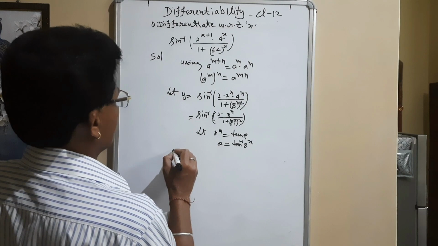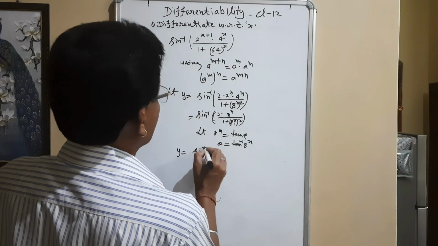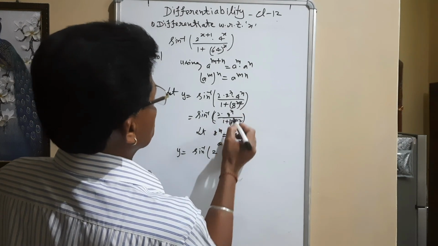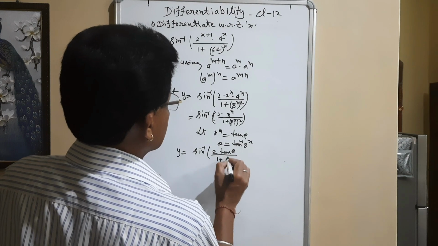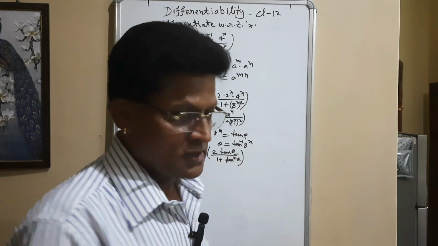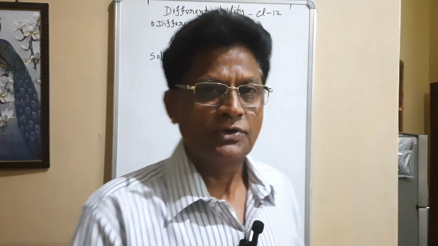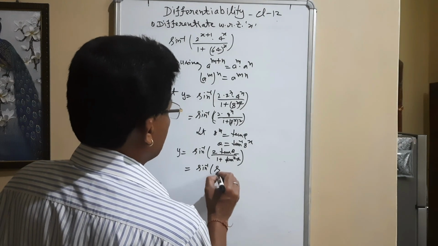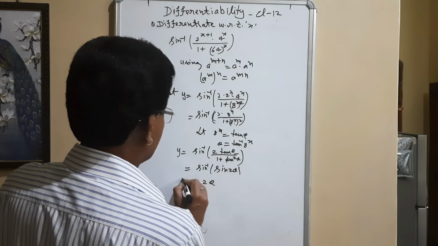Most important thing now, using y is equal to, first of all we are going to change it into the simplest form. Put tan theta in place of 8 to the power x, that is 2 tan theta divided by 1 plus tan square theta. My dear student, it is the formula you know: 2 tan theta upon 1 plus tan square theta is equal to sine 2 theta. That is sine inverse of sine 2 theta. Most important formula. Its value will be 2 theta, that is y.